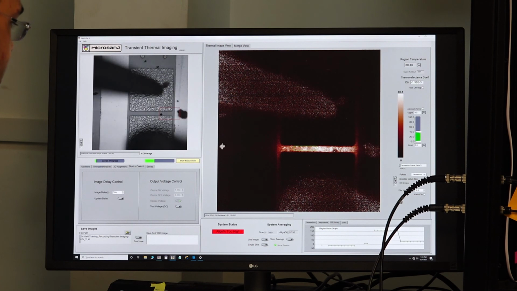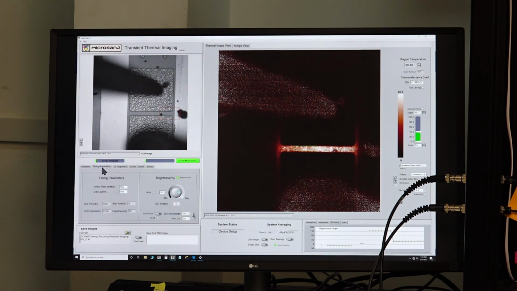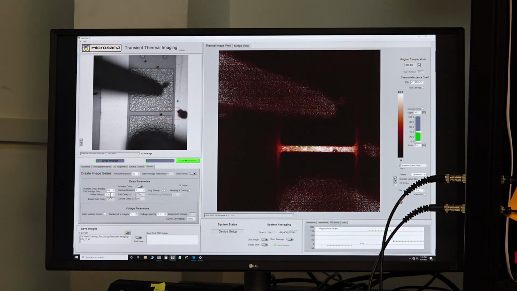properly to the device, and now we can stop this and we can do a series measurement. The series measurement, briefly I repeat: we have to vary the delay of this LED pulse. In this condition, I will show you, the LED pulse width is set as 5.7 microseconds. So if we go to series, we are taking steps of 5.7 microseconds, so that we get all the discrete points.